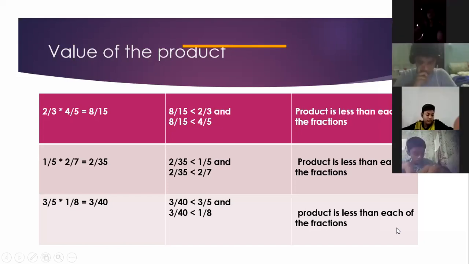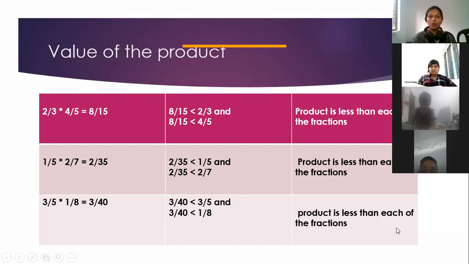Okay, then you can choose it as your number. And what should be the result? You have to say what the result is. Joanna, what is the number you have chosen? It's 2. Then your fraction multiplication becomes 3 by 5 into 2 by 8, is it? Then what is the answer?